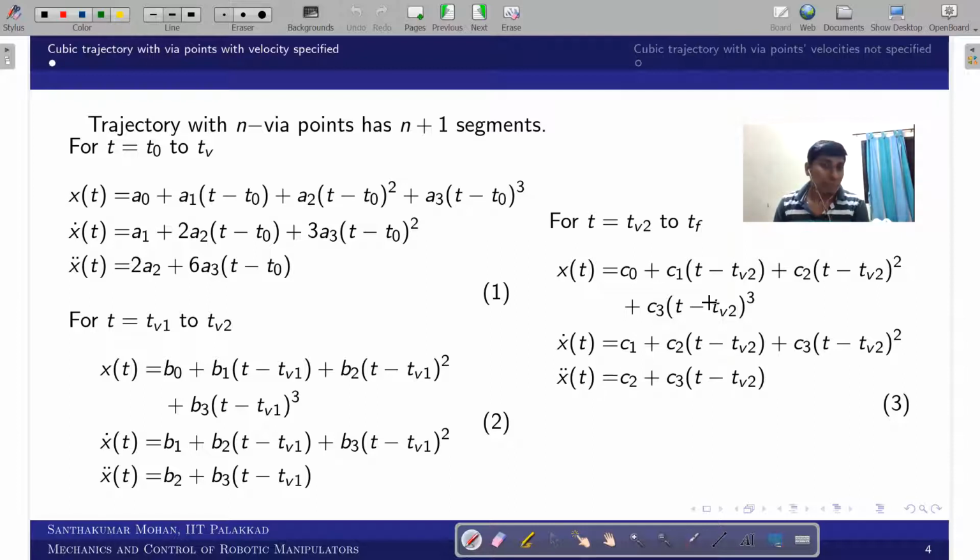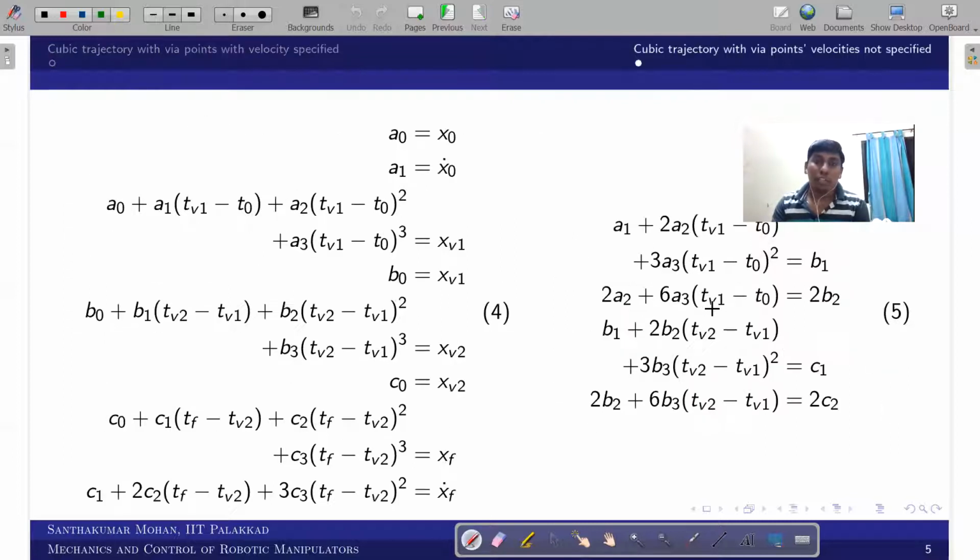Then a0 to a3 would be unknown, where x(t0), x(tv1), x dot(t0) and x dot(tv1) would be known. So four equations, four unknowns, and similarly you can go across.